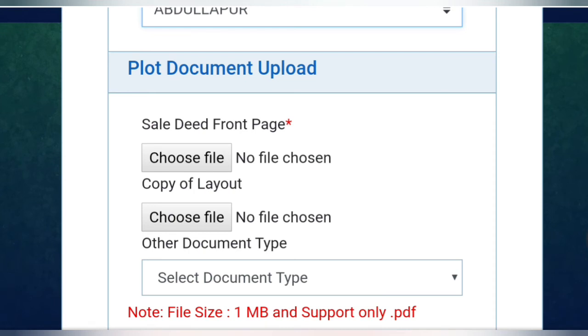Yeah, here comes the important thing, sale deed front page. Your plot papers' first paper, the front page, will have details like sale deed number, year, and all those. So that front page you should upload in PDF format. In any other format it will not consider your document.